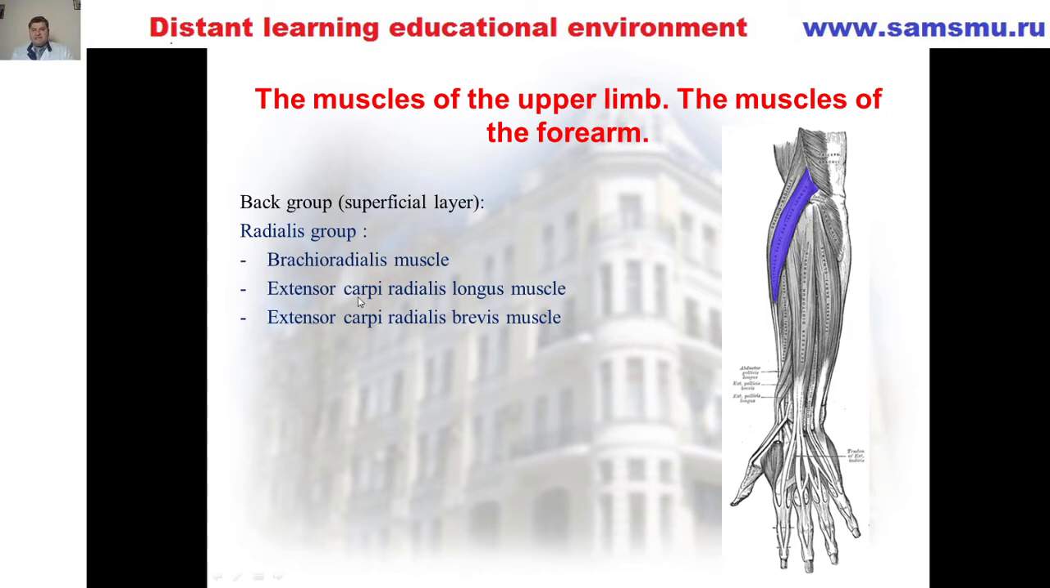Next we'll talk about extensor carpi radialis longus and brevis. You may also see brevis muscle or short extensor muscle. So first we'll talk about the long muscle. Musculus extensor carpi radialis longus, it's in Latin, is lateral